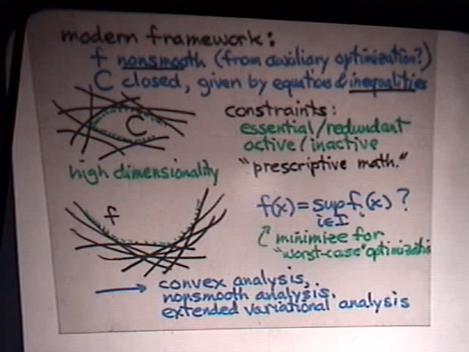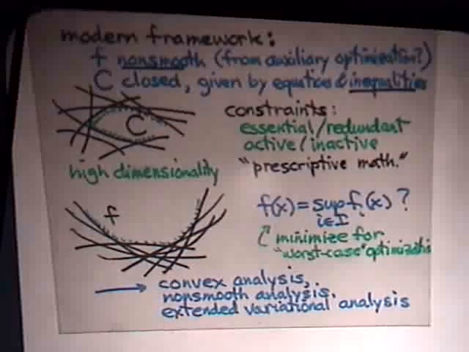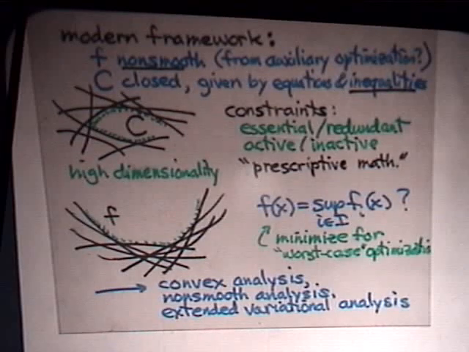And I'll explain here why. But the set over which you minimize is closed, and you must be concerned with the boundary. The set may be given in part by equations because they may just represent some relationships between certain variables. It's convenient to introduce several variables that are related, instead of solving some relations for some variables in terms of another. But the critical part here is that there are inequality constraints, and you do want to hit the ends of them. You might be at the top or the bottom of various ranges, and that means that you must be concerned with the boundary of the set.